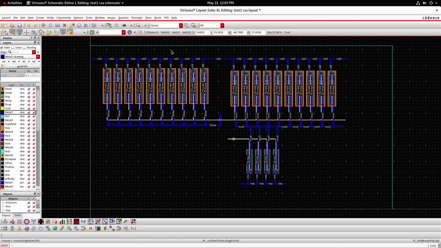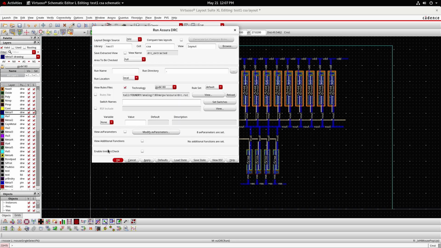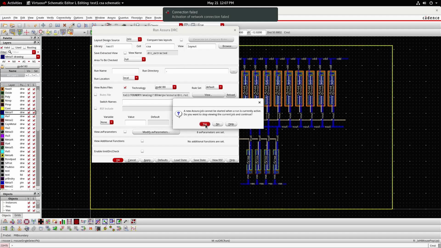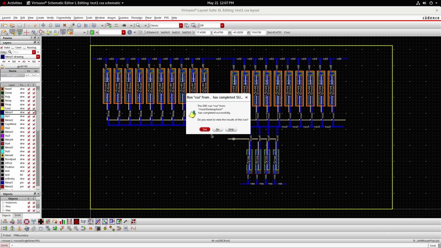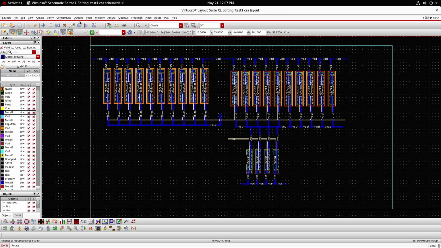Then say OK, the technology file is set. Then Assura, Run DRC. Here nothing has to be filled, say OK. Then DRC is over, with no DRC errors. If there is any DRC error, you need to debug it.